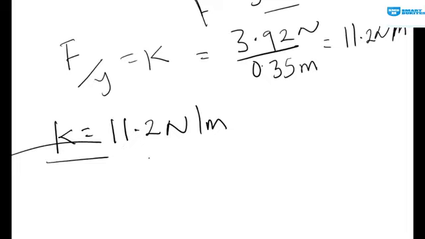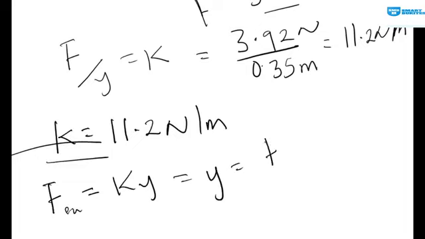Now we can go and find the second part, which says how much farther, meaning another distance, if an additional 400 gram is also hung from it. Meaning our force will be double. Therefore we multiply 3.92 for that additional 400 gram hung from the same spring. From the same formula, F, that's external force, is equal to ky, and from here we make y the subject of the formula, which becomes y is equal to F over